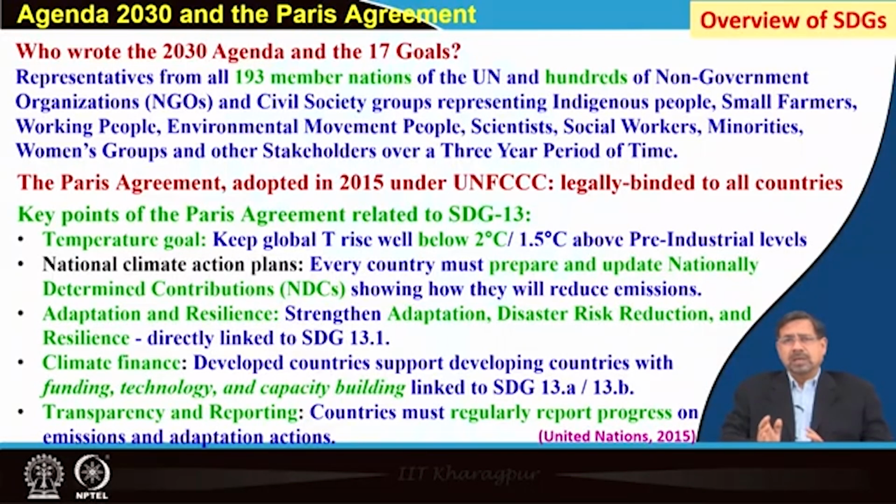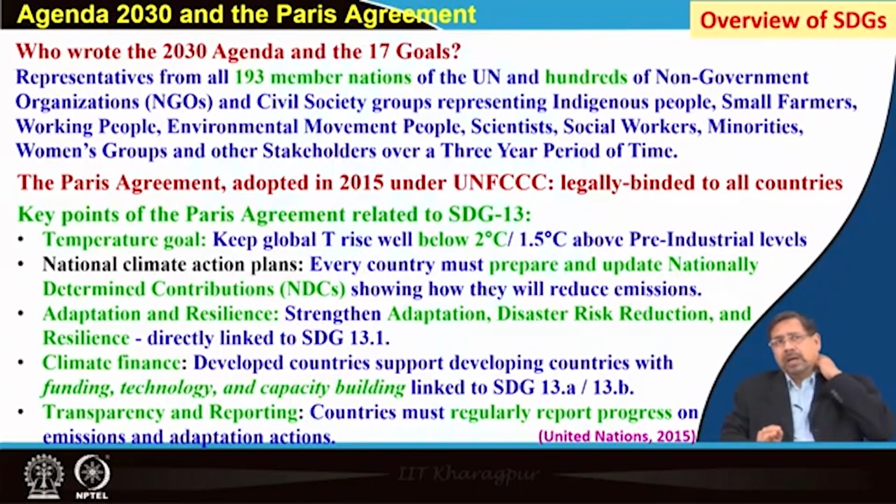Friends, in some other lectures we have already discussed the pre-industrial level. As a time frame we take the average of 1850 to 1900 as the pre-industrial level, because since then industrial activities have shot up, and the temperatures have risen to the tune of 1.33 degrees plus till date. Our target is to limit this rise to 1.5 degrees or at the latest below 2 degrees. Let us see where we stand.